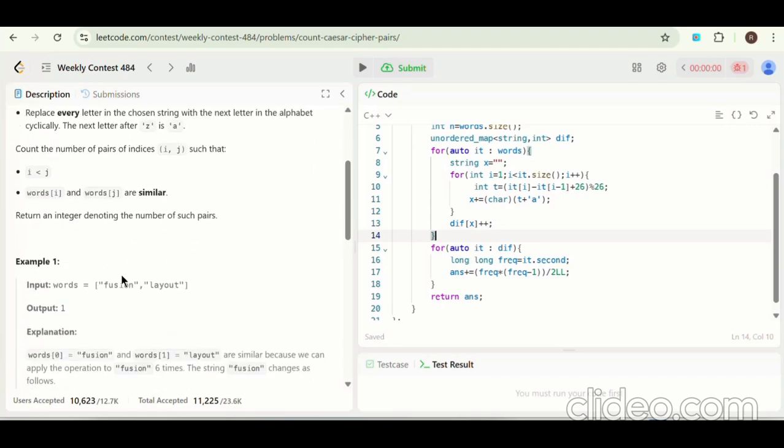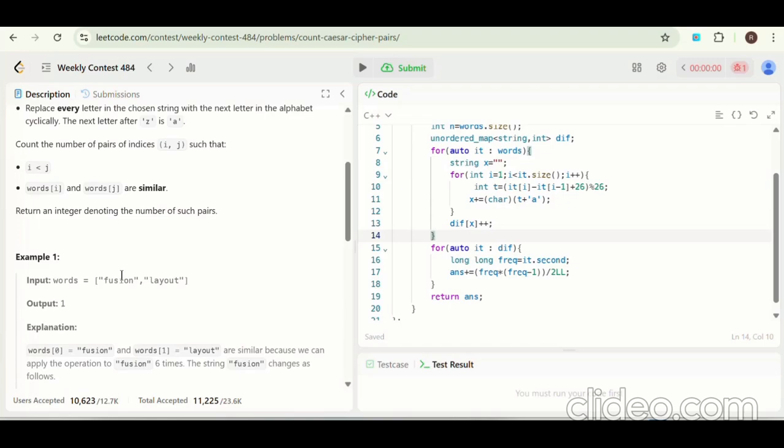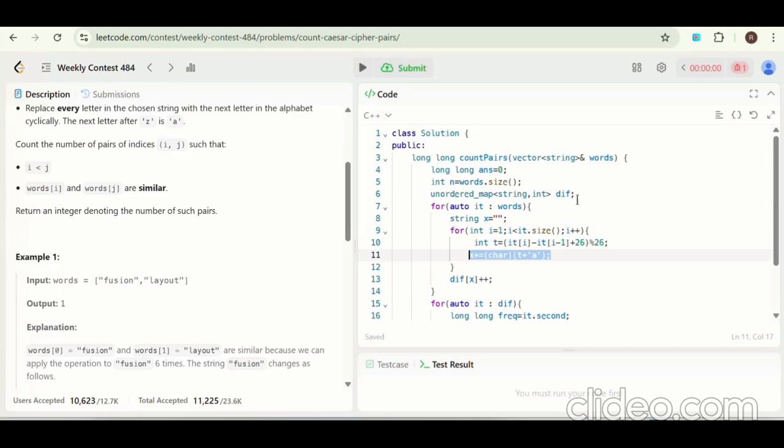We can move every character to the next of its element. So if we want to change f to g, then we need to change all its elements. If we change all elements, then the difference will be the same only, because in one operation we need to change all the elements. We can't change only one element. So if we are changing all the elements, the difference will be the same. So we are trying to find that difference. From that difference we will make a string, and that string we will store in that map.